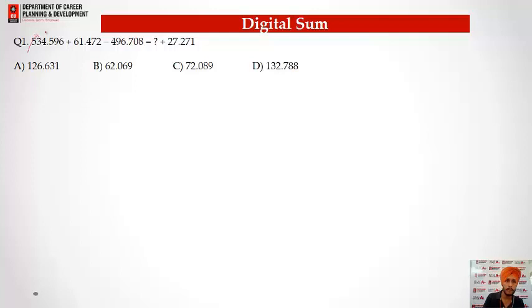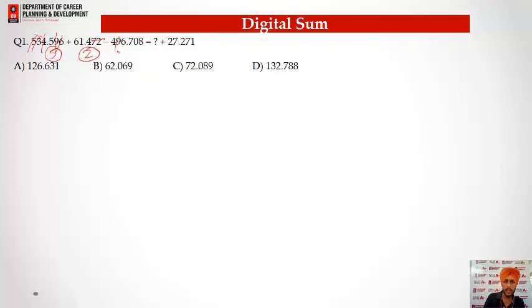So 5 plus 4 is 9, here we have 9, 6 plus 3 again 9, but we are left with 5. So I can say the digital sum of this particular number is 5. Again here we have 7 plus 2, 9, so the digital sum of this number will be 6 plus 1, 7 plus 4, 11. So the digital sum of 11 will be 2.